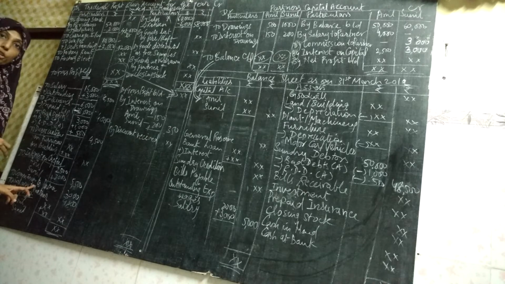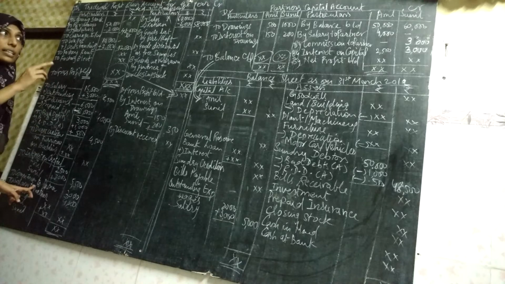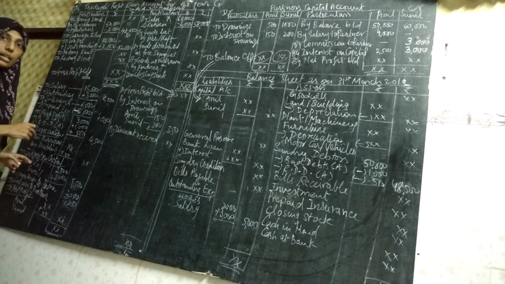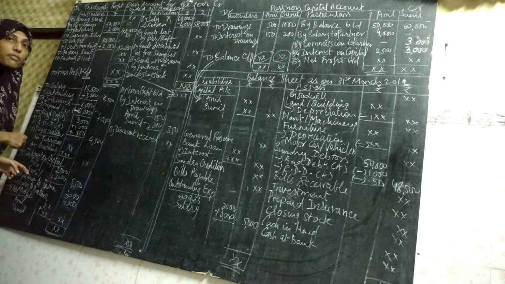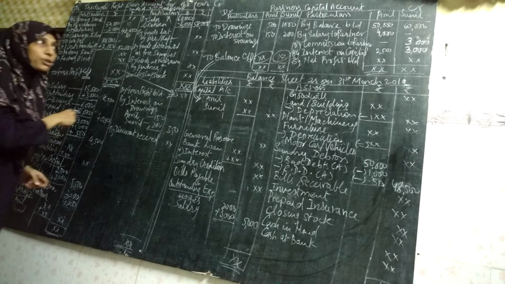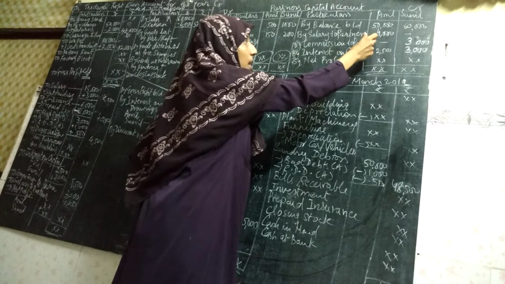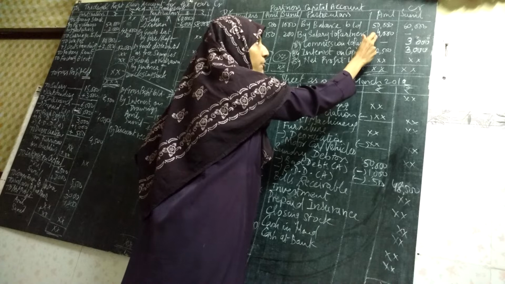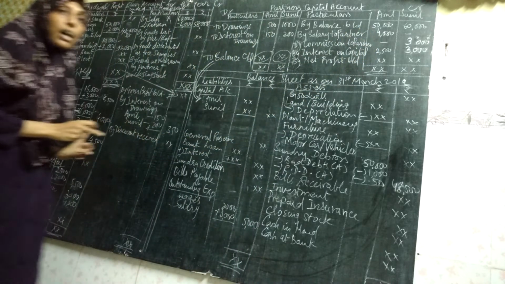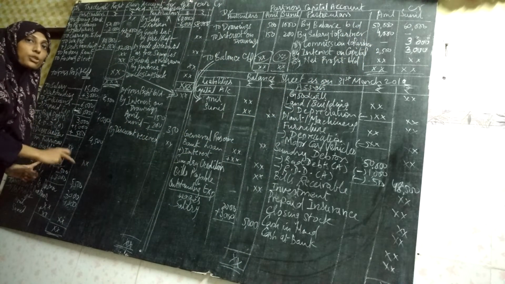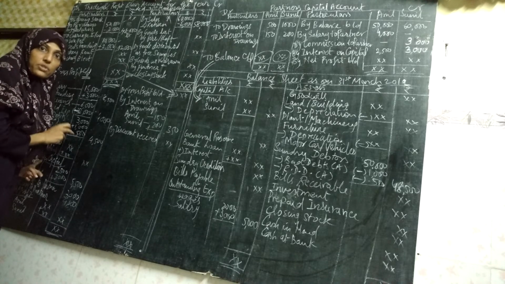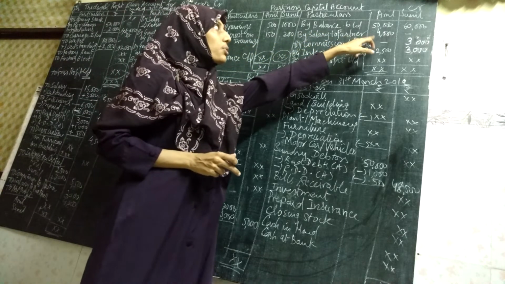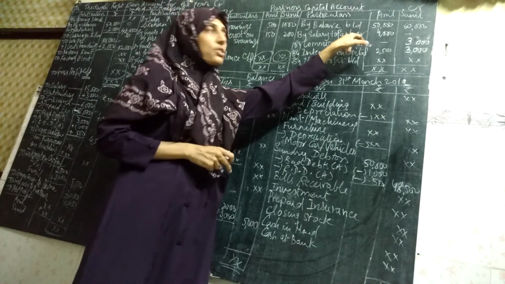Like that, commission to partner will be shown on the debit side. Because Anil and Sunil are taking salary from the business, the salary becomes an expense for the business, so it will be shown on the debit side of P&L account. At the same time, it will be shown on the credit side of partners capital account. Say Anil has taken salary of rupees 4,000. So I will write in Anil's column 4,000 as salary. And in P&L account, I will write 4,000 as salary to partner. It is an expense, so I am showing it on the debit side of P&L account, and Anil is receiving the amount 4,000. It is his benefit, so I am showing it on the credit side.